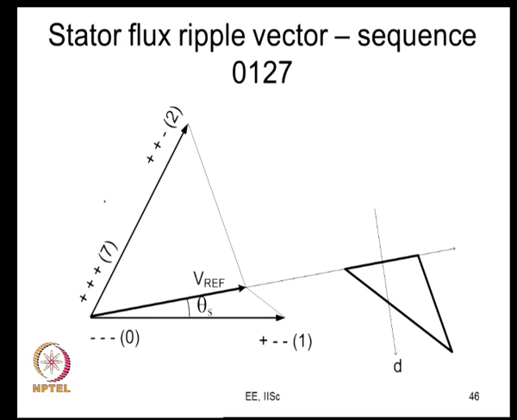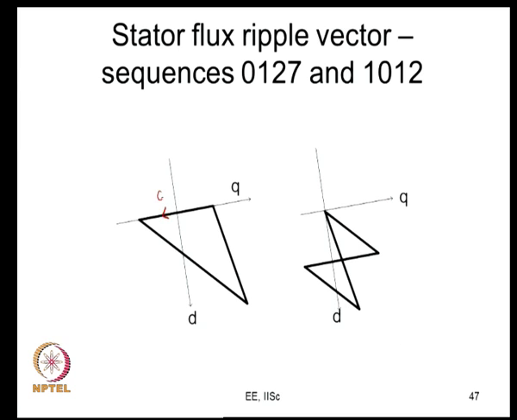You have another example of, let us say 0 1 2 7. Now, I have considered a different value of reference vector, this is 0 1 2 and 7. So, the flux vector tip moves along this path. If you compare this with something else, the same picture I have reproduced here, 0 1 2 7, I am comparing this with 1 0 1 2, this is let us say 1, this is 0 0, it continues, this is 1, this is 2. So, when I apply it in a different sequence as I show here, you see that this is like a triangular one, you see that it is doubly triangular.